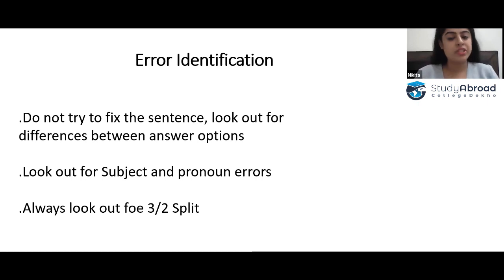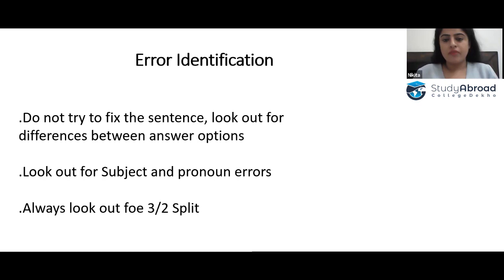You have created one picture in your mind that this answer should look like this, but that is not the right approach, because what if the correct option that is imprinted in your mind is non-existent in the options? Then you will be like, oh my god, I don't know what to do now, because what I thought is not there. So was I thinking incorrectly, or are the options incorrect? You are actually making a very big mistake by creating an image in your mind.